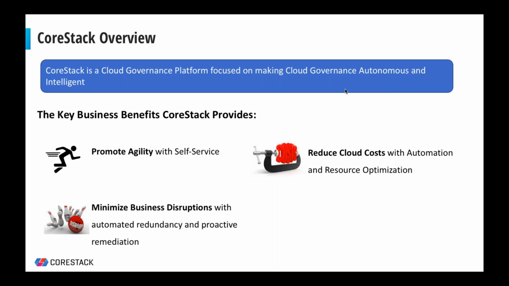The third important aspect, one key business benefit which most of the enterprises would be keen to have, is to minimize the business disruptions, particularly with an automated redundancy and proactive remediation. And by doing this, not only through the other pillars like promoting agility and reducing cloud costs, we help you as an enterprise gain the promise of cloud, realize it, and